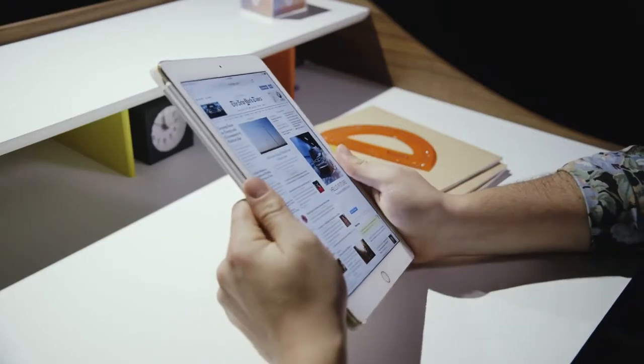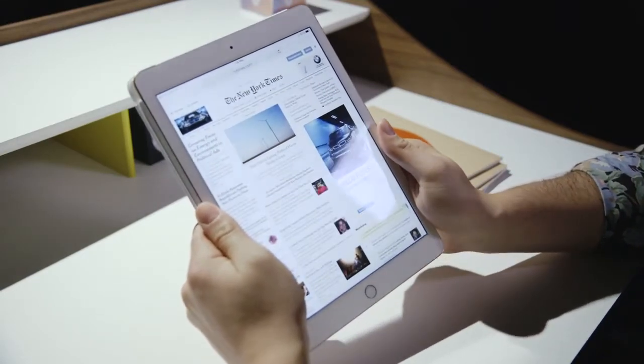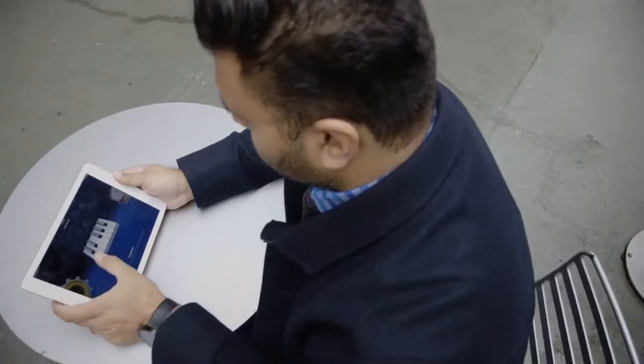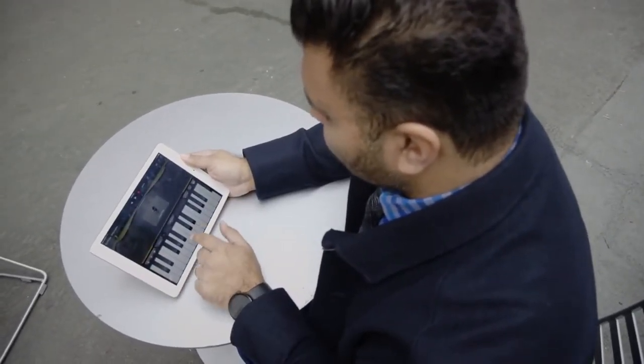I did notice that the screen seems a little bit pinker than my older Air, but only when I really held them side by side or pretty much off axis. Otherwise, the whole display just looks great. Apple says that a new anti-reflective coating reduces glare by 56%, but to be honest, I didn't notice it at all. It's a little bit better if you look for it, but you still can't really use the Air 2